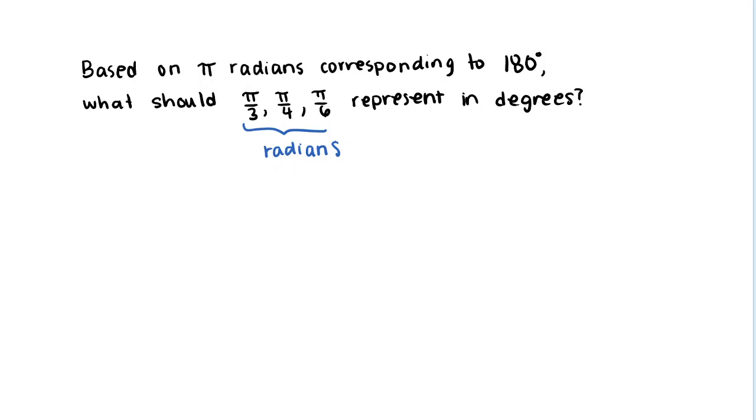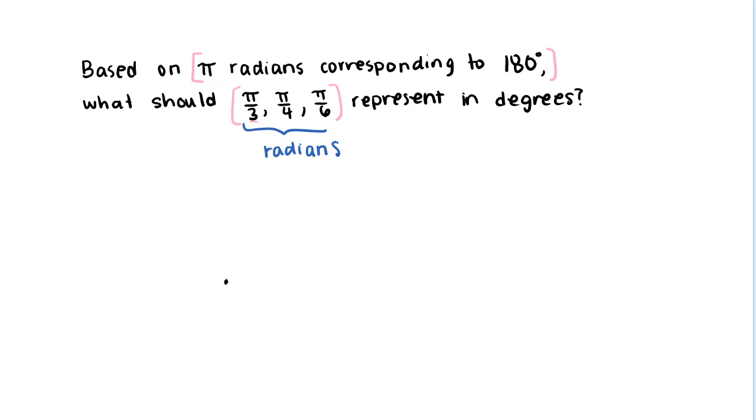So, again, our big idea here is that pi radians corresponds to 180 degrees, and we can recognize what these angles in radians are in degrees by thinking of what portion of 180 they are. So this pi over 3 is, if pi radians corresponds to 180 degrees, then dividing that into thirds,